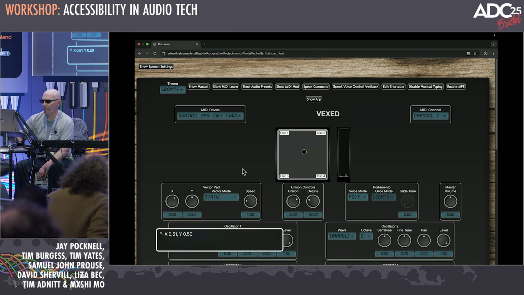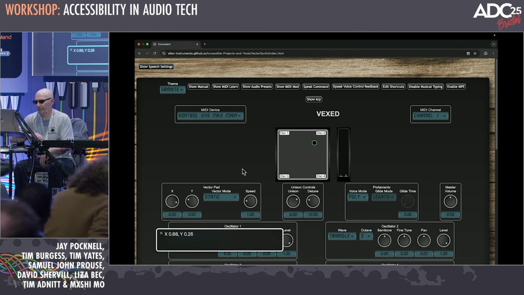arrows. X0.51, Y0.50, X So you can see we can move in 0.75, two dimensions. Y0.50, X0.76, Y0.41, X0.88,